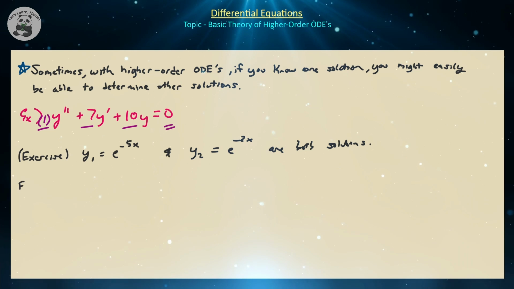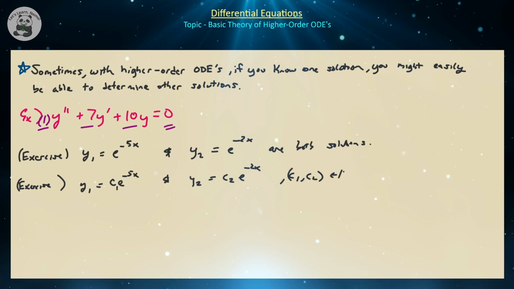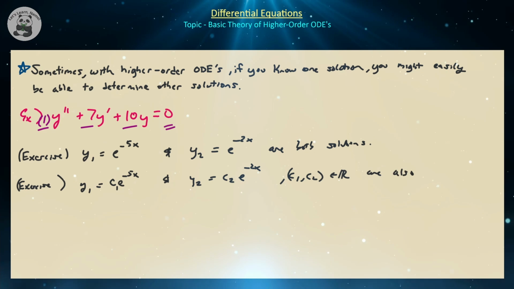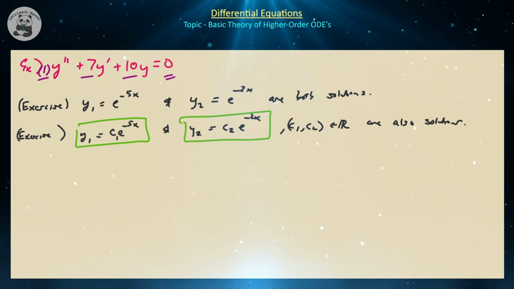And another exercise that is also fun to try is that y1 equal to c1 e to the minus 5x and y2 equal to c2 e to the minus 2x, where c1 and c2 are any real numbers, are also solutions to this equation, right? So in some sense we have two little families of solutions, in some sense both exponential decay, but they need not be decay for the general case. But any scalar multiples of those exponential decay functions are going to be solutions to this differential equation,